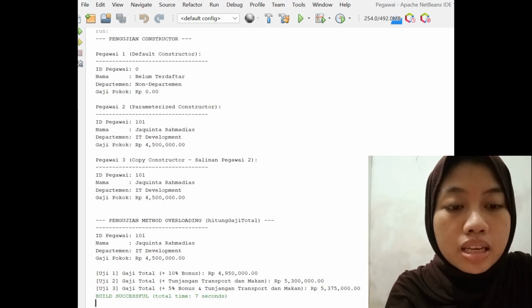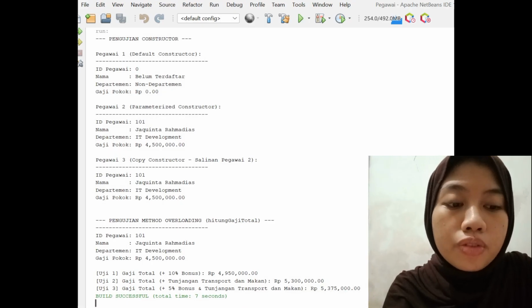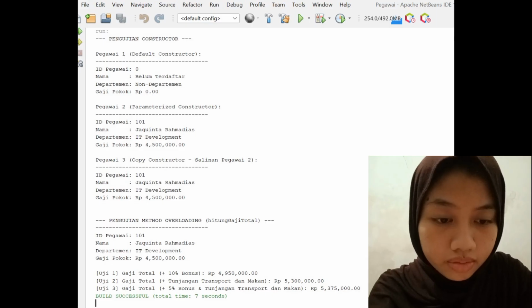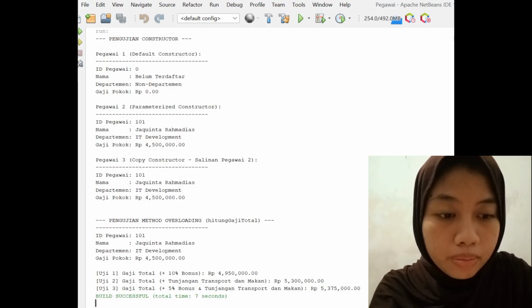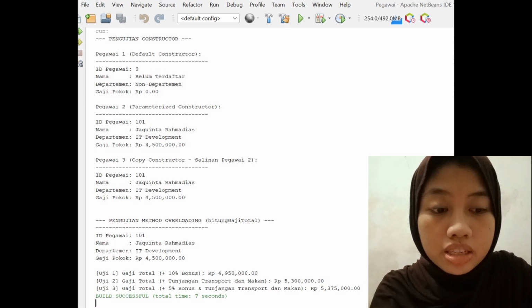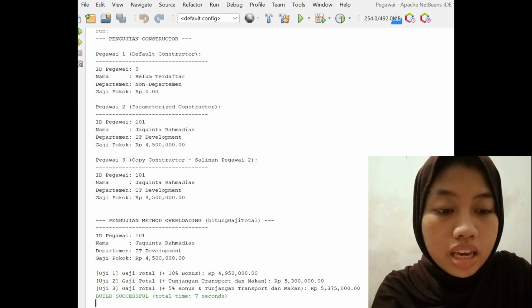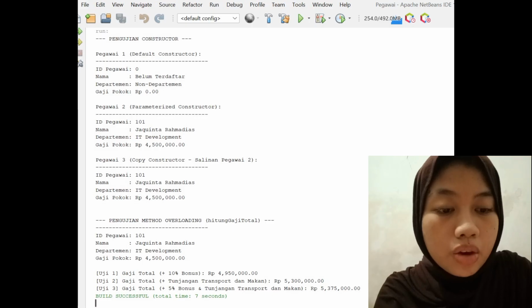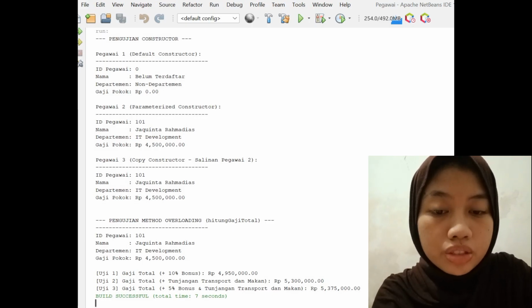And the second is employee2, the parameters constructor. This is the result of instantiating employee2 using the parameters constructor. Data such as name Jopintar Ahmadias, employee ID, and department IT development were successfully set through the parameters list. And the base salary indicates the default value of the starting salary, which was set in the parameters constructor.